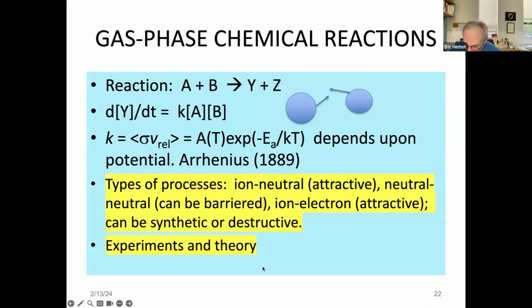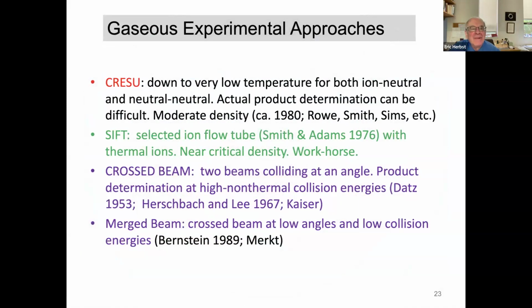Okay, so that's another interesting thing. And if I had more time, I could talk about experiments also as to what goes on, so that you know what machines can actually look at very low temperatures, cold gas in the interstellar space, but this is, of course, in laboratory, and that can go down to temperatures near 10 Kelvin.